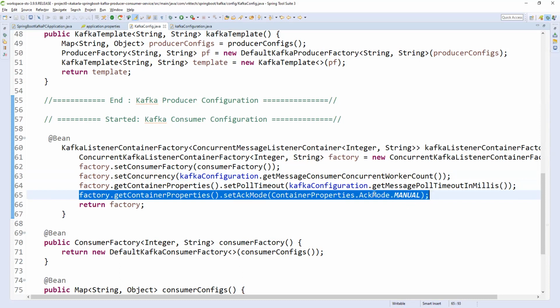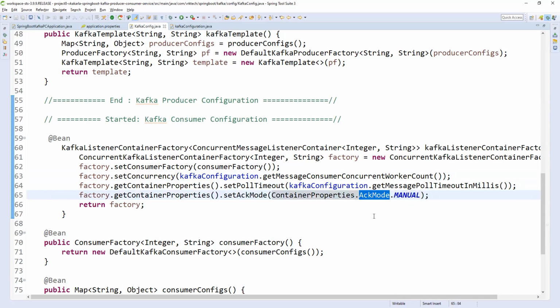Otherwise automatically it will delete. Acknowledge mode is nothing but removing the acknowledgement. My consumer dot acknowledge, in the sense, you are deleting a message from the topic. Where and when will you delete?